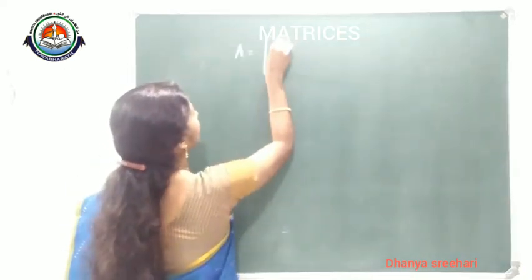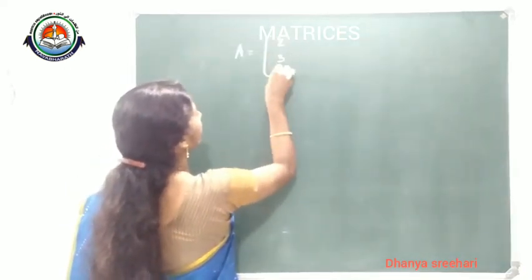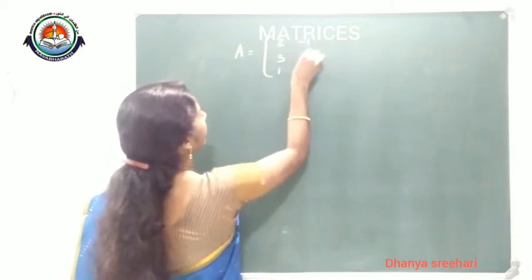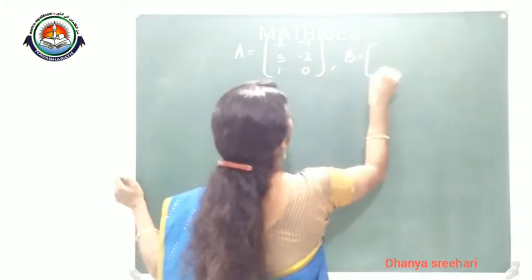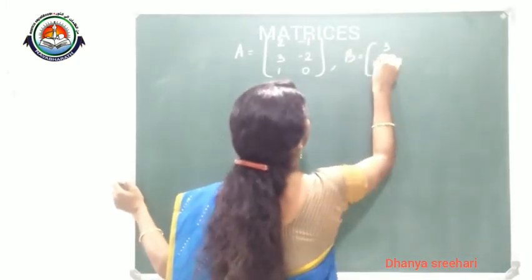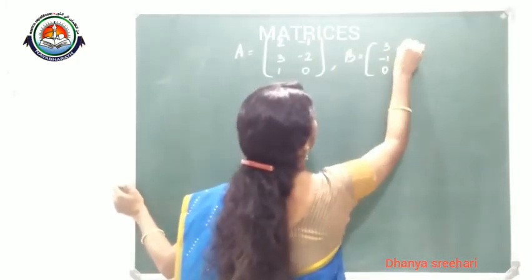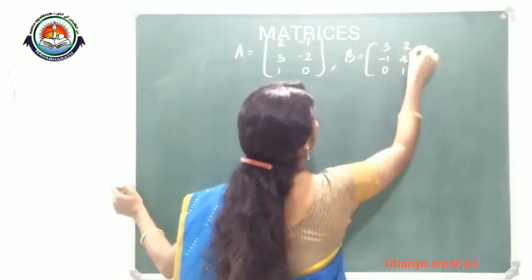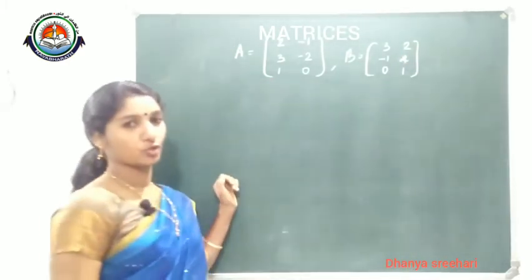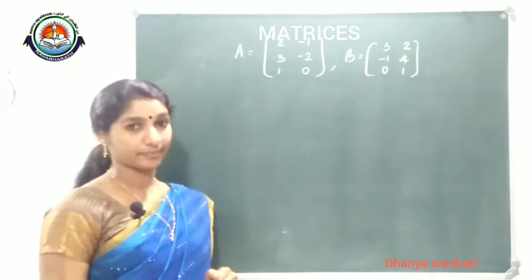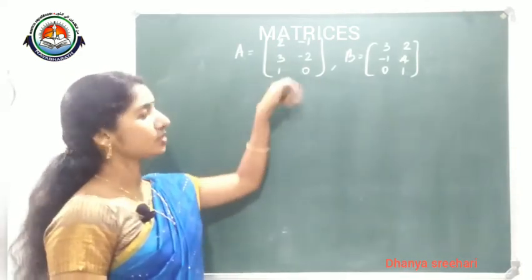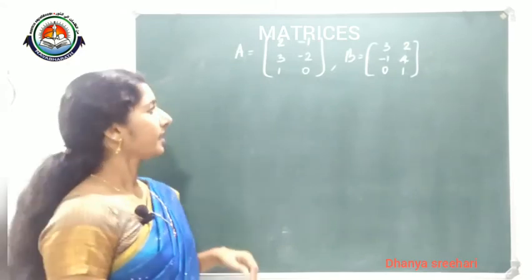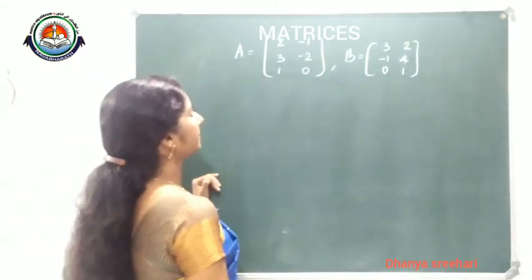A is equal to [2, 3, 1, -1, -2, 0], and matrix B is equal to [3, -1, 0, 2, 4, 1]. Two matrices are given of the same order. 3 by 2 is the order of this matrix: 3 rows and 2 columns. Okay. And it is given